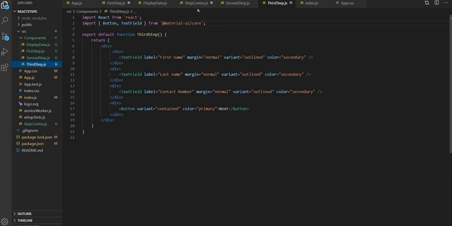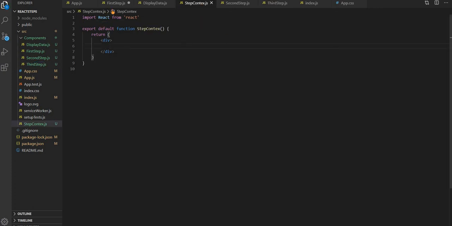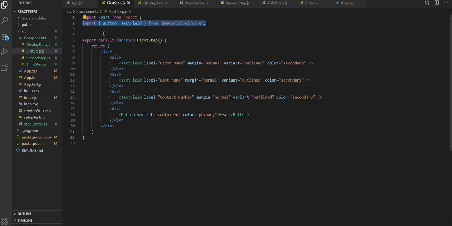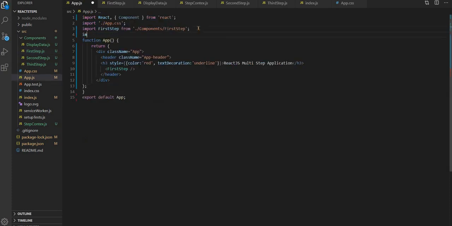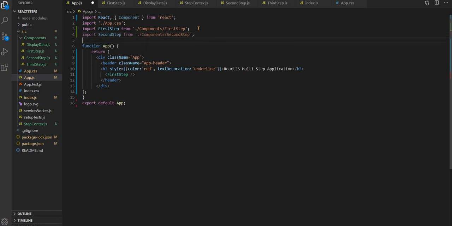So save this and just bring this component into the app.js import. Second step from inside the component we have second, and then also same import third step.